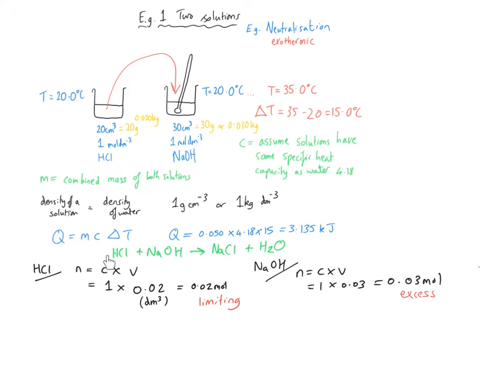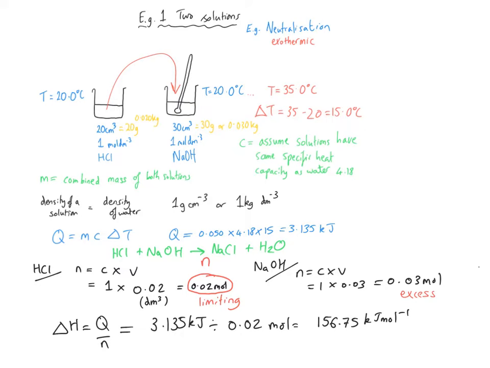So since the ratio is 1 HCl reacts with 1 sodium hydroxide, the chemical that has got the smallest number of moles will be the limiting chemical, and the one with the greatest number of moles will be in excess. And now we've decided that this value of 0.02 moles is the value of n that we need to use. And so the final step, delta H equals Q divided by n. Well, we've got 3.135 kilojoules, and we're dividing it by 0.02 moles, which is going to give us